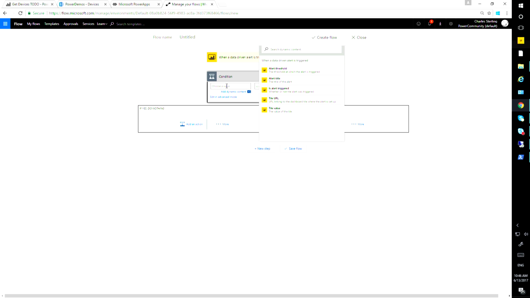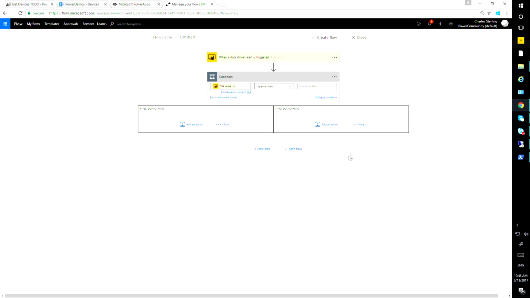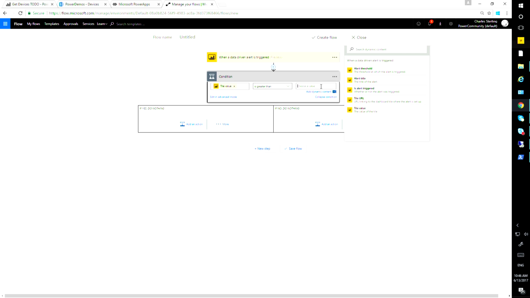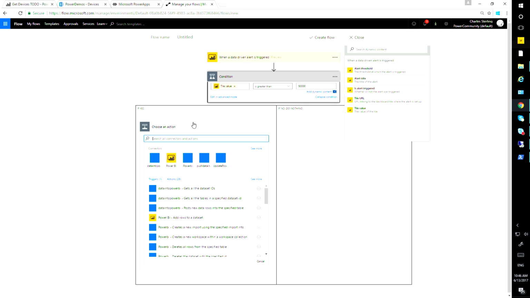We're going to grab the value and bring that over. And that middle box, we're going to say is greater than the box on the far right. We're going to go ahead and say is greater than 50,000. And in this simple scenario, if it's yes, greater than 50,000, we're going